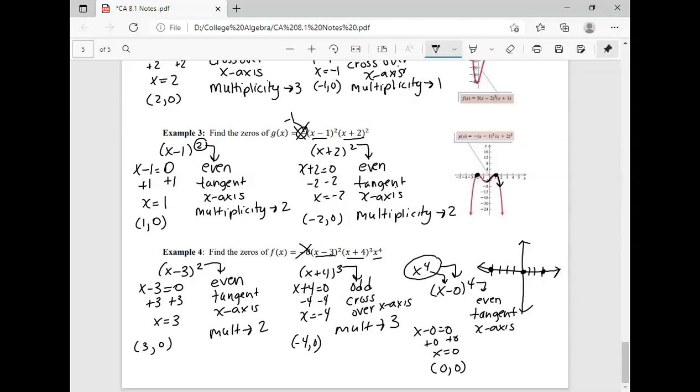Okay. Now, without me knowing whether something is increasing or decreasing, just talking about the bouncing and the crossing over, what I can say from this is at 3, it crosses over. Now, I'm not saying this is the exact graph because I need to see if it's increasing and decreasing in between. But it could possibly look something like this, right? Because it bounced off at 0 and it bounces off at -4 too. So maybe something like that. And it crossed over at